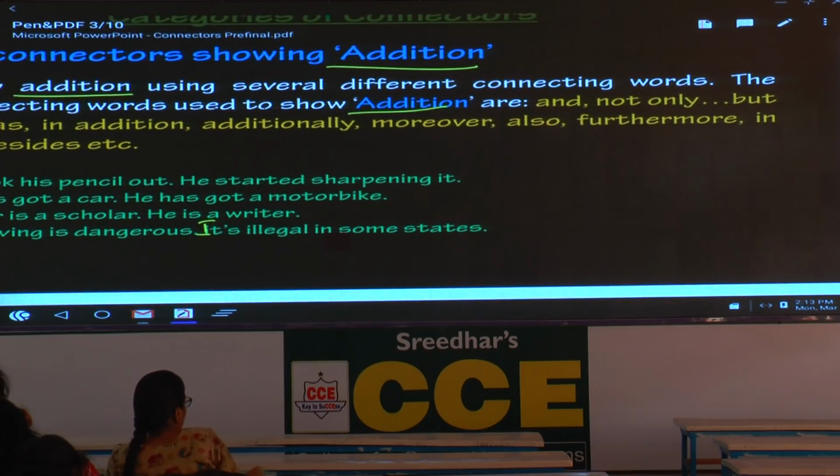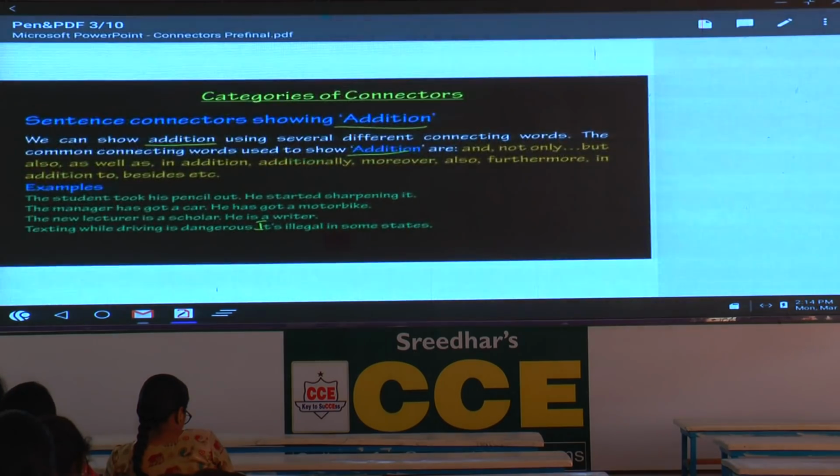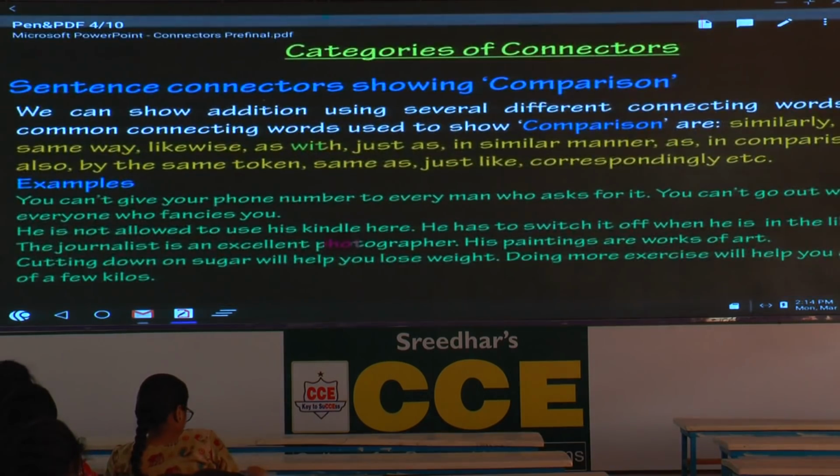See, today what I am going to do, first I gave the concepts, now individual connectors. At the fag end of the session, how to answer the questions. Then you get a clear picture. Shall I change the slide? The next one,